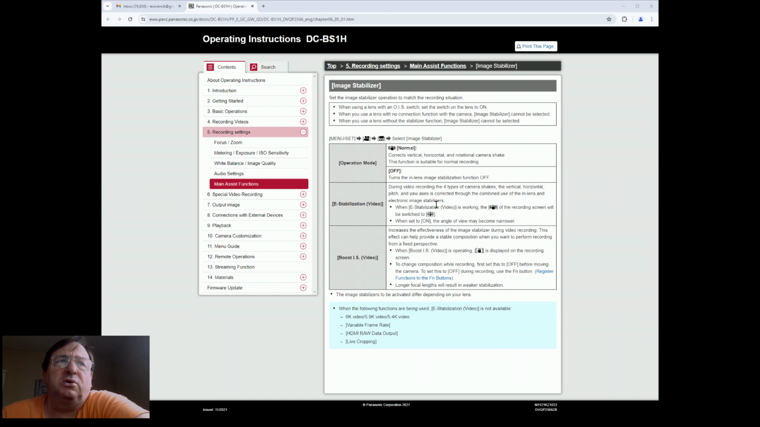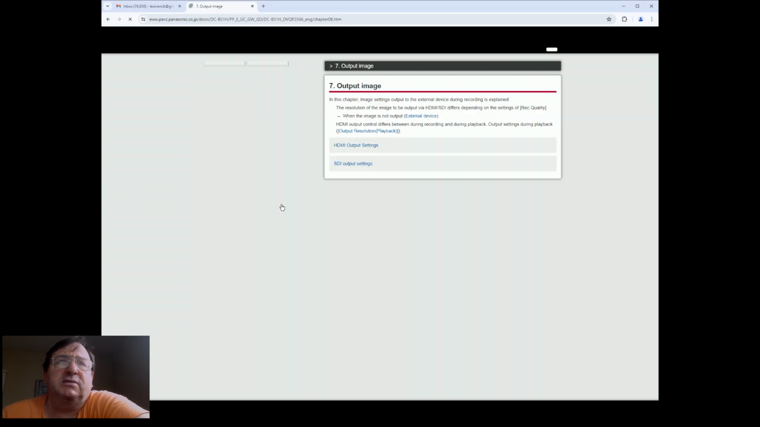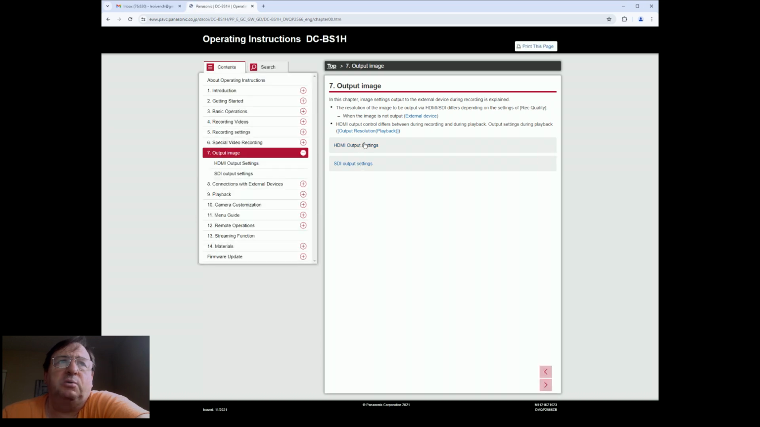In crop mode you can shoot 4K 60 if you want. And it has a lot of different outputs, SDI, HDMI, full size. And why I also like this camera is because you can use what's called multicam,